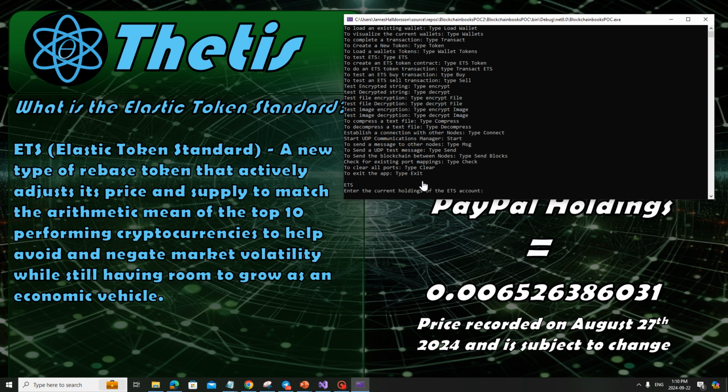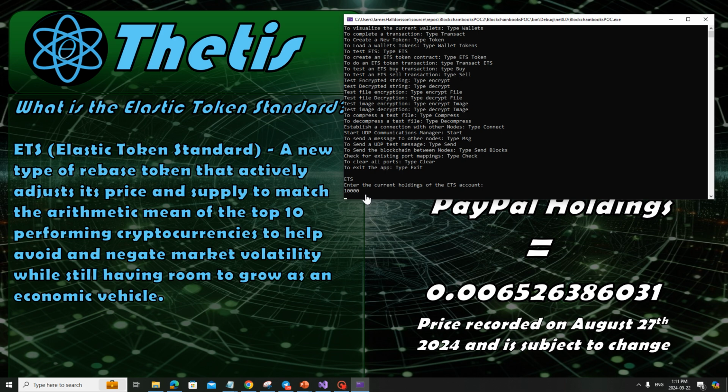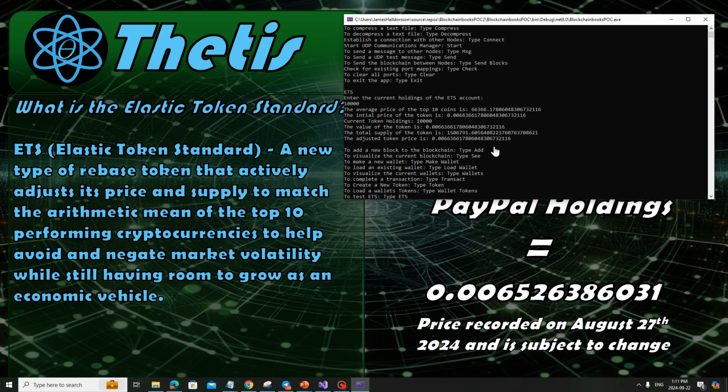So first of all, let's say the initial value, which is how I got this number here, recorded on August 27th. We'll say that we have a PayPal holdings account of $10,000. So this is live. This actually happens on the fly. And this will happen every time you make a transaction, that it's actually going to be calculating these numbers. So today it's worth